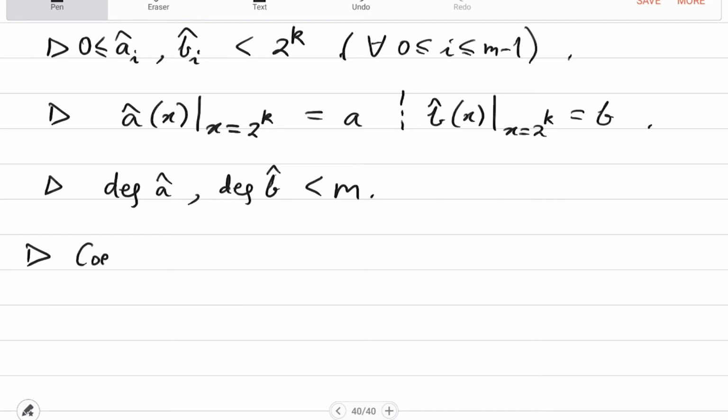The coefficient of x to the j in a hat times b hat, what is that? That is the convolution. How many ways can you get j? So this will be sigma